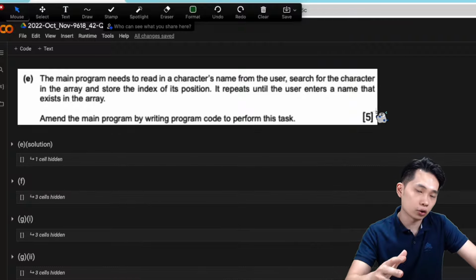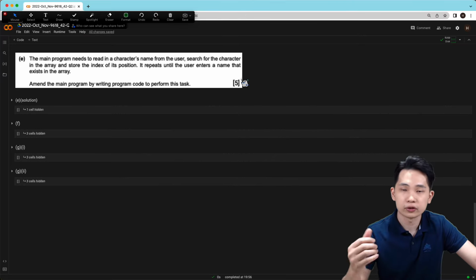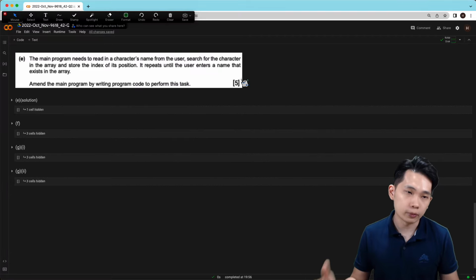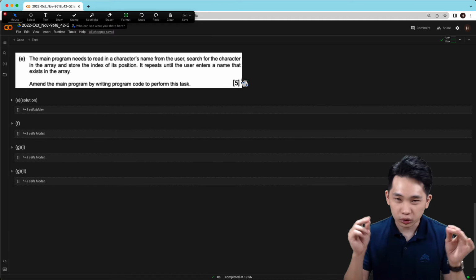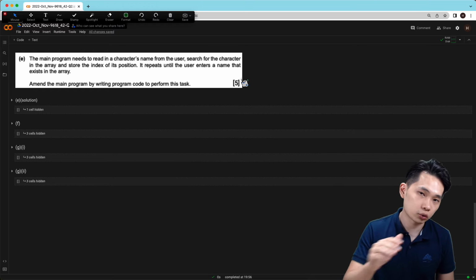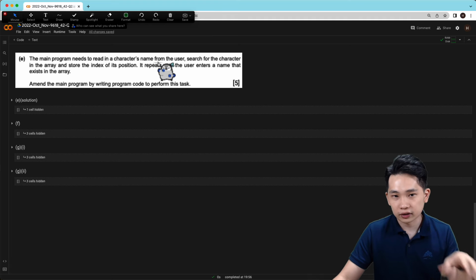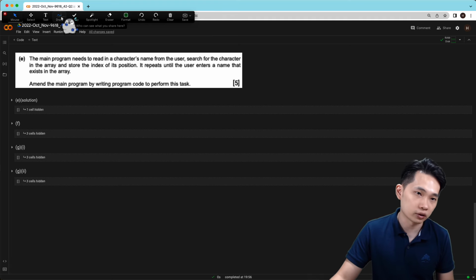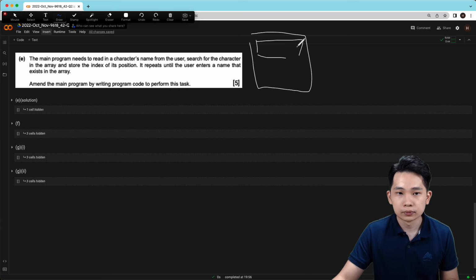And as usual, before we start writing the code or even coming up with the prompts, let's do some drawing to understand this question first. There's something that I want to emphasize for people. A lot of the time, if you spend 1 minute or just 30 seconds to come up with a drawing, you can come up with a solution easily. And now let's look at this question first. So first of all, this question is saying that we need to read a character name from the user. So let me do some drawing first. It means that I will have this console here,